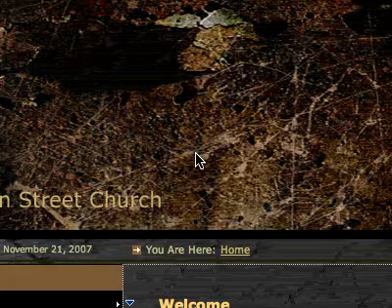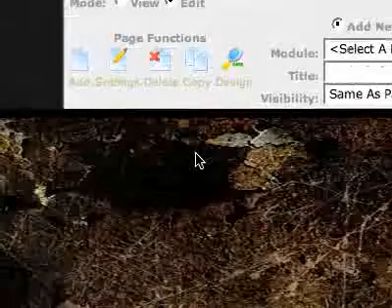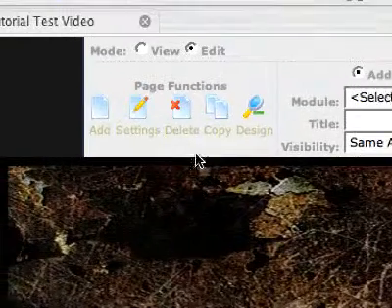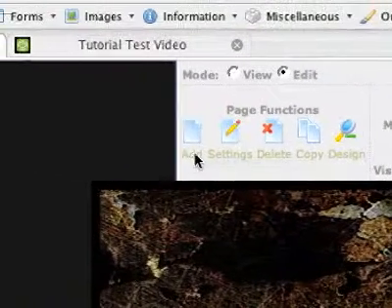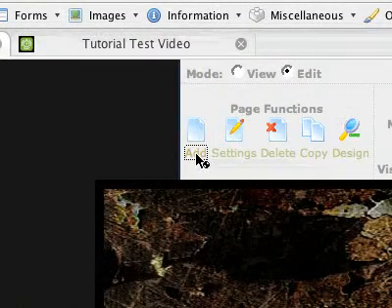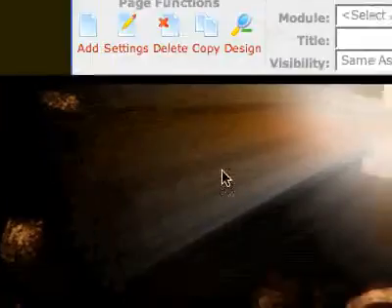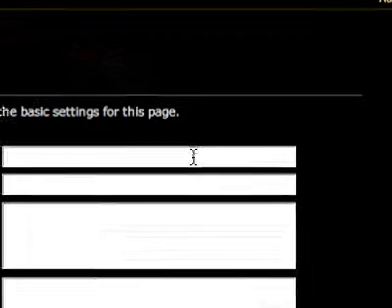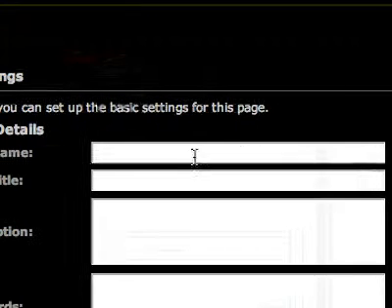Working with pages on your website is actually quite easy. To add a new page, you simply go to the upper left-hand corner of your site underneath Page Functions, and you click Add. When you do this, you have the Page Details interface that comes up here, and we just give the page